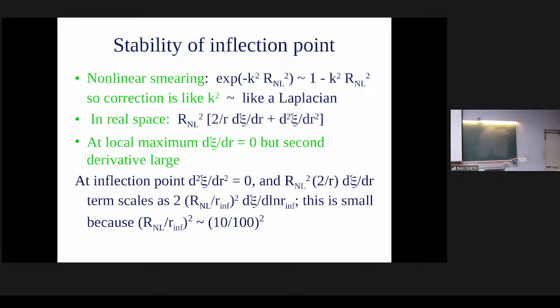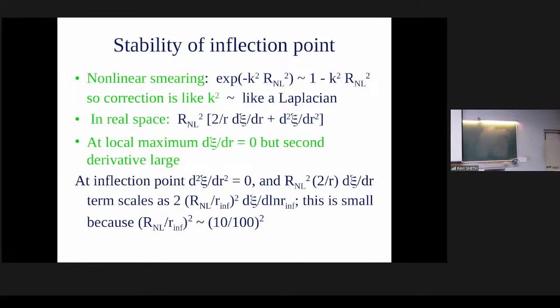The correct answer is a spherically symmetric function. So the Laplacian is dpsi/dr times 2/r plus the second derivative. That's spherically symmetric, and there are two terms. The guy that I want is the linear theory minus some k squared correction. The k squared correction is r squared times this; this is writing the k squared in real space. These two terms, I can now ask, when is one 0 and when is the other 0?